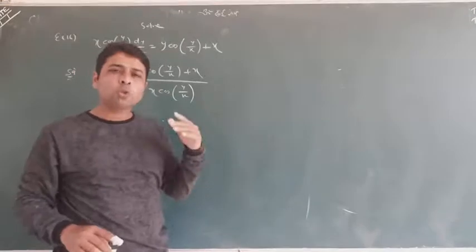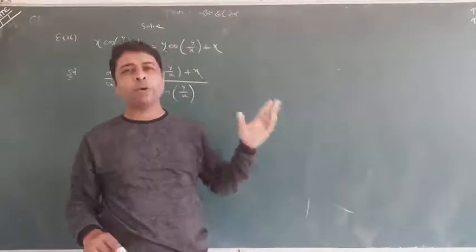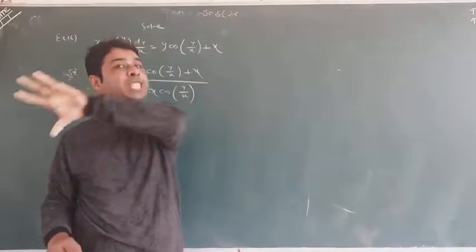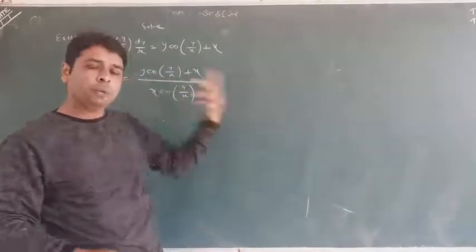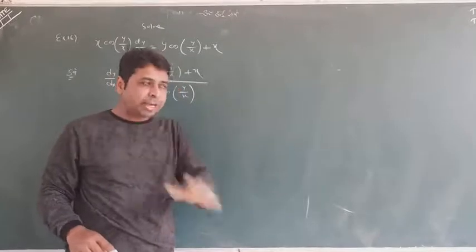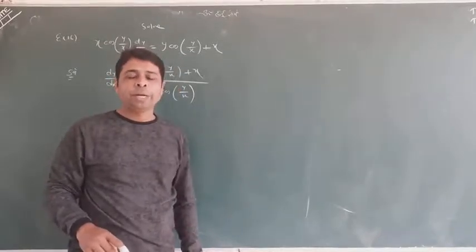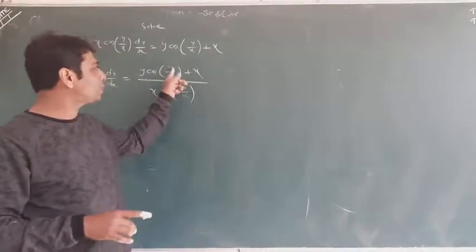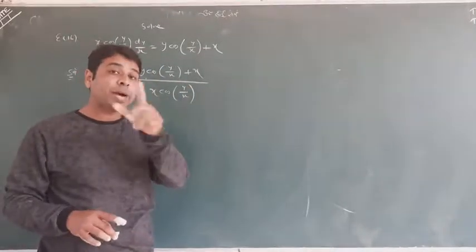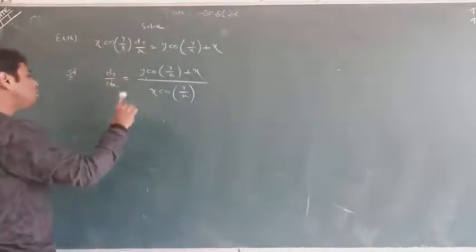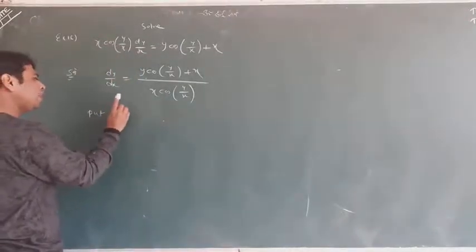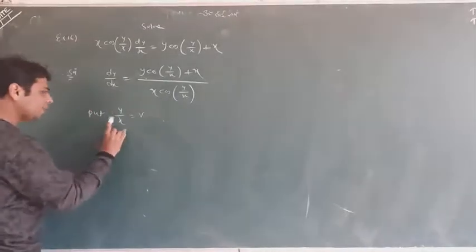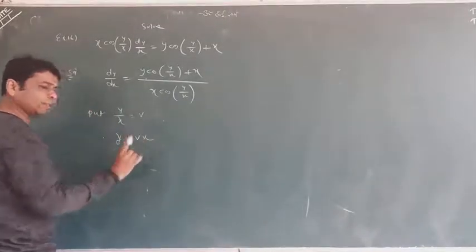Put x equal to xt and y equal to yt, and it turns to t to the power 0 into the same function. It will be homogeneous, but that is not my main purpose to tell you. Now, how can we solve? Look at the thing, student. y by x is appearing, and I taught you whenever y by x is appearing, you don't need to do any special thing. You only take y by x equal to v, which means none else but y equal to vx.